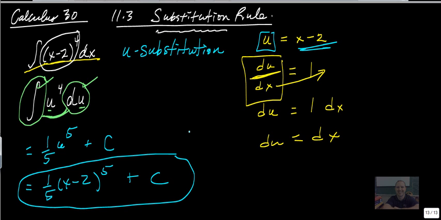I liken this to pre-calculus, okay? Let's say you have a difference of squares where the perfect square in that difference of squares is actually another polynomial. You can substitute that polynomial, right? So on a somewhat related note, if you had (x plus 2) squared minus 9, and I asked you to factor that,